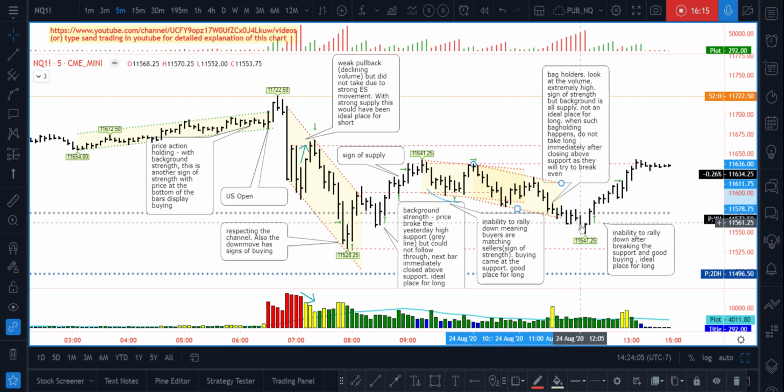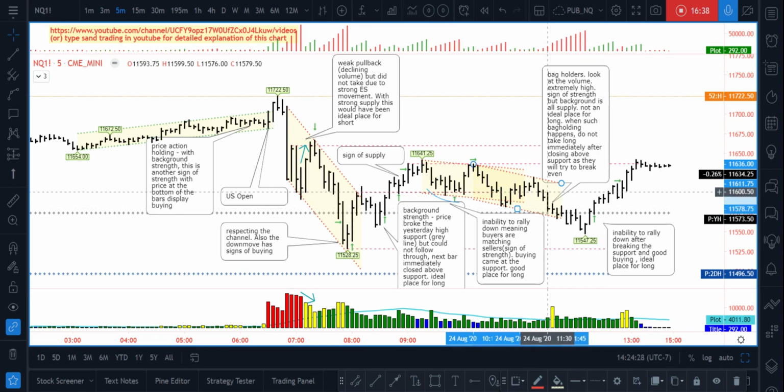And of course, because it was not a rapid movement, I think a lot of people held it. And you can see the demand came up again here. And this is where I took it again. Once it firmly closed here above my yesterday's high, I took a long, I put a limit order here. And then as this bar, a full supply bar, came up, I exited.